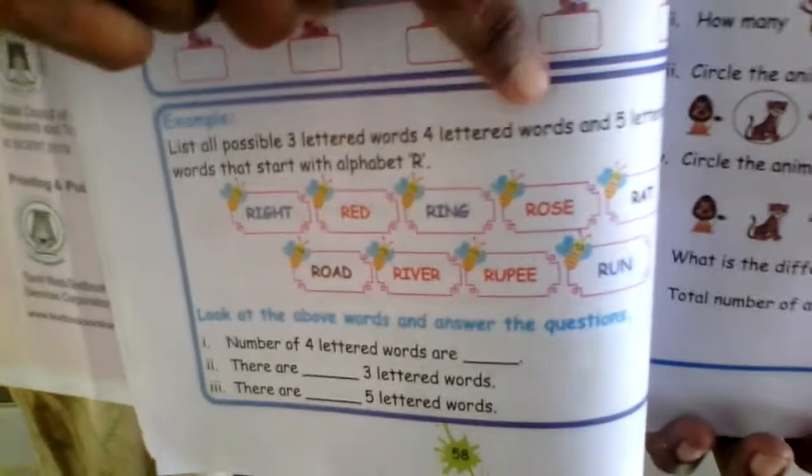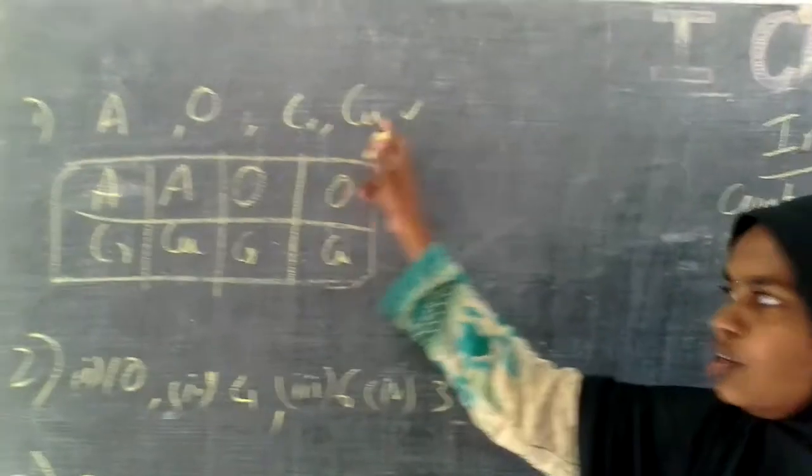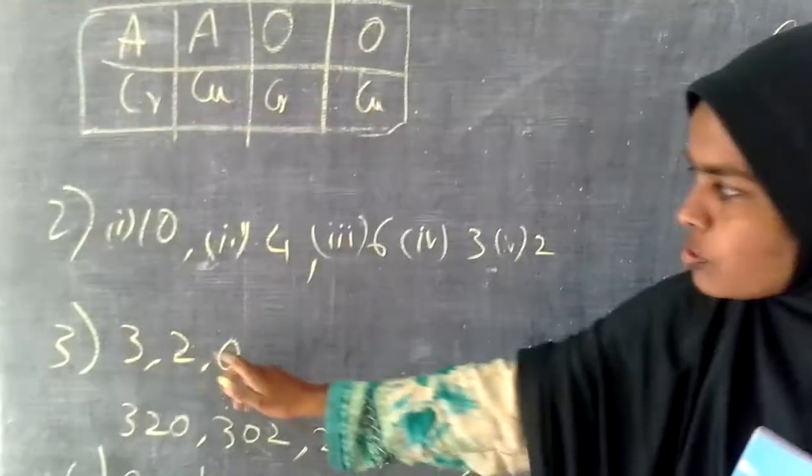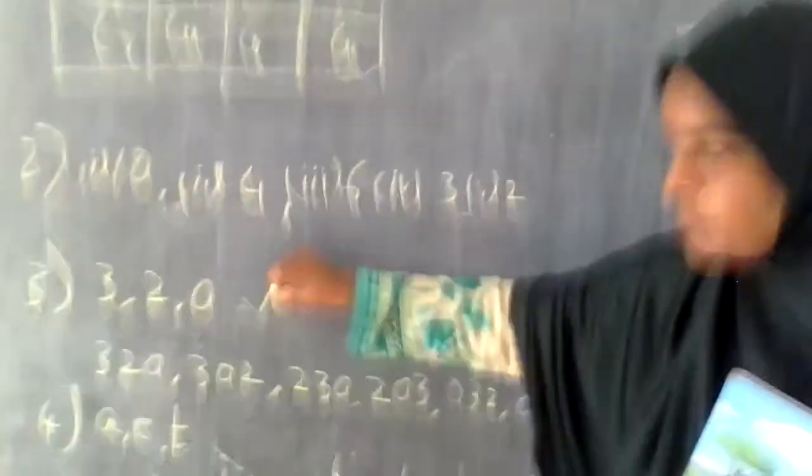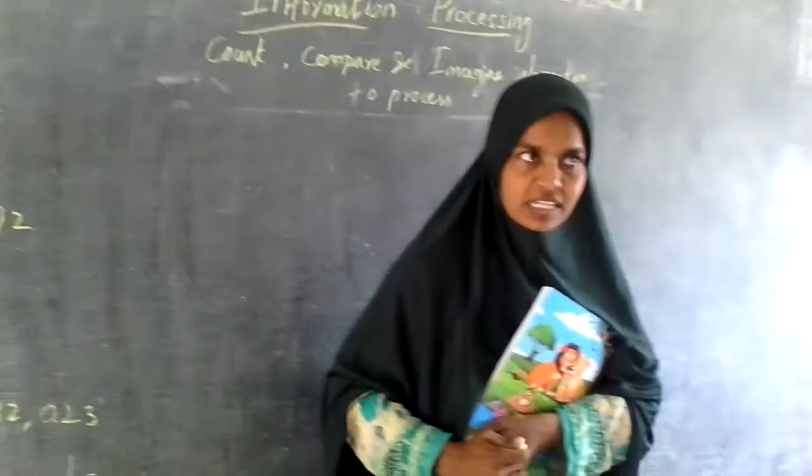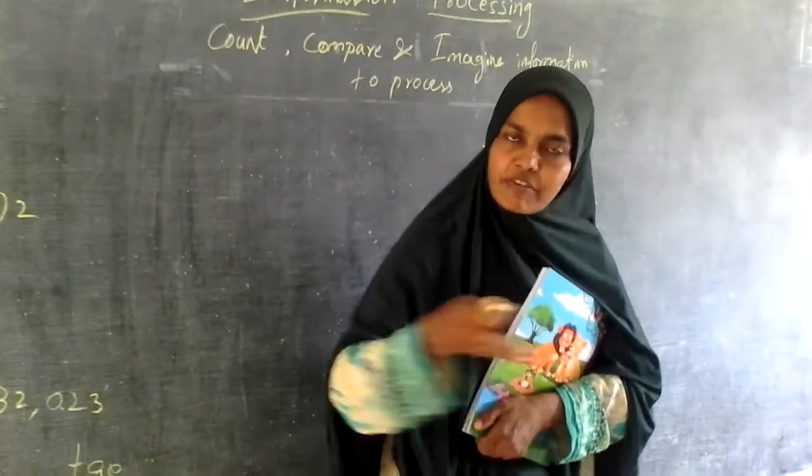See here, an example. This you have to solve. It's a very simple one, right? With the letters. So you solve it. Next I will go for collection and representation of data. Data. What is this? This is the data. We got apple, orange, carrot, cucumber. Here also 3, 2, 0. This is the data. And in the beginning itself I said in this class we have 3 fans and 2 windows and shelf. I have this shelf, 14 shelf. This is the data for this class.